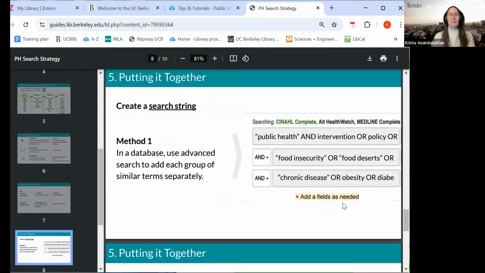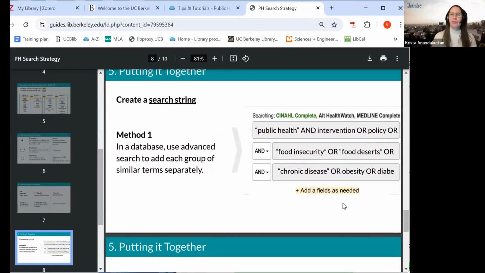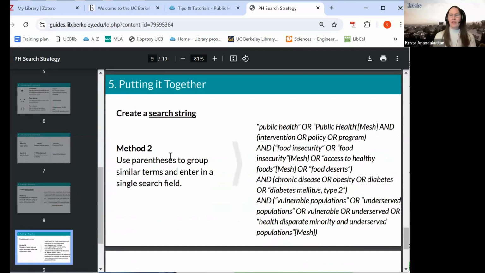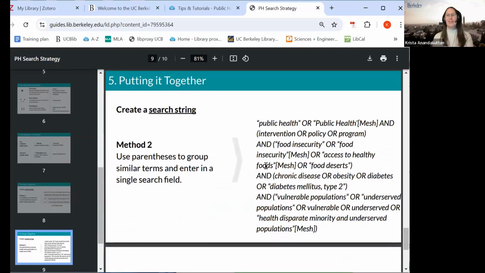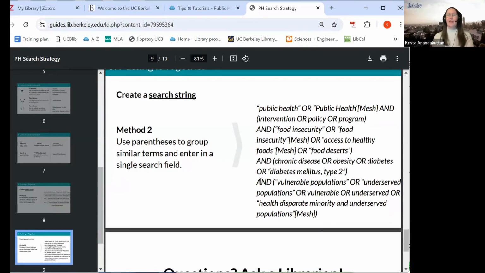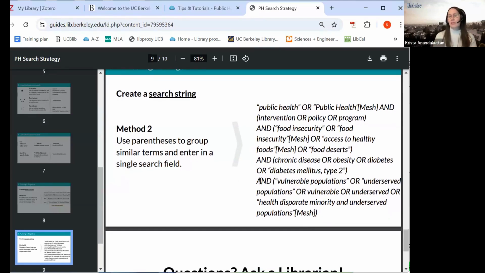So putting it together, this is the last step, step 5, creating a search string. Method 1, some databases have separate fields for each concept, which can be helpful. That's one way you can build it, add fields as needed. Method 2, same results will come up, just entering it all in a single field with those parentheses, so the parentheses around each concept. So this single search string comes from our original research question. Public health, intervention, food insecurity, and a number of terms, chronic disease, and a number of other terms, vulnerable populations. That's just putting it all together. This could be used in a single field,